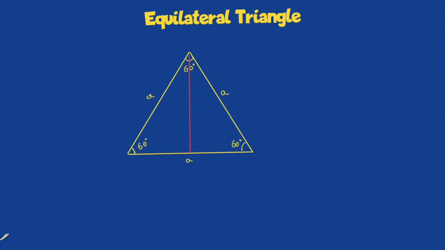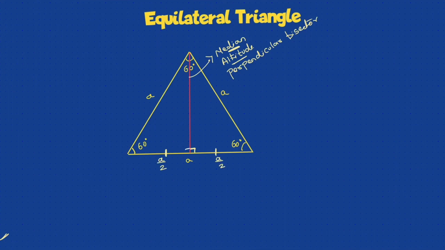Now we'll study the equilateral triangle. Let's draw an altitude here. Altitude is nothing but height. Altitude, median, perpendicular bisector, everything is the same in an equilateral triangle. So whether I talk about altitude or a median or a perpendicular bisector, all of them are the same in an equilateral triangle, and that is what makes this triangle very special.